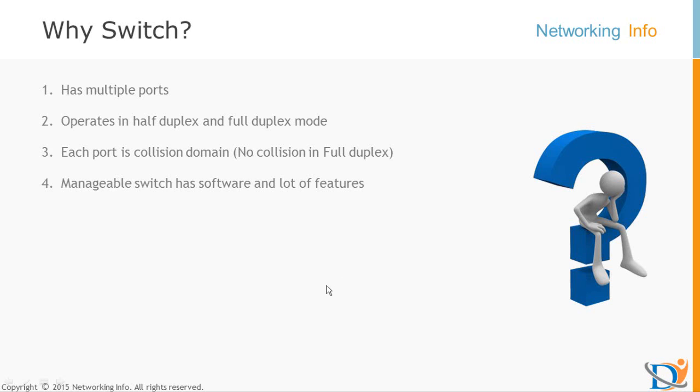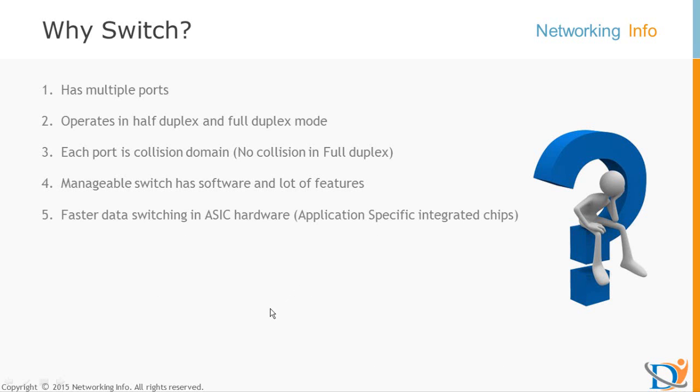We can use that. Next thing, we have some types of devices in the market: manageable switch and unmanageable switch. There are very cheap devices available. You don't need to manage. Just bring the device home, connect the power cord, and start using it. That's easy to use. But if you really want a manageable device and you want to control your entire traffic, you can use a manageable device, but that device will be costly. But again, it depends. If you want features, then you can go for a costly device.